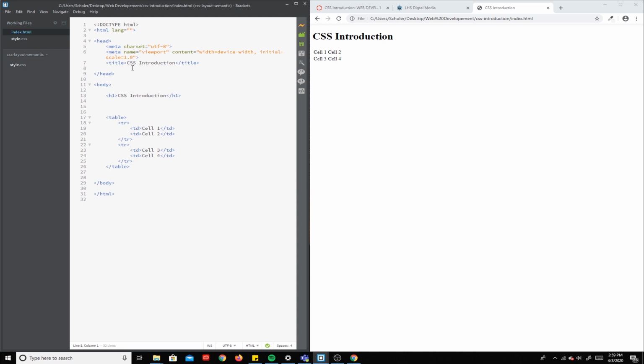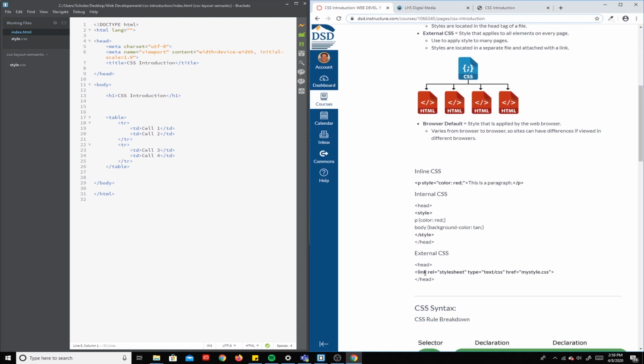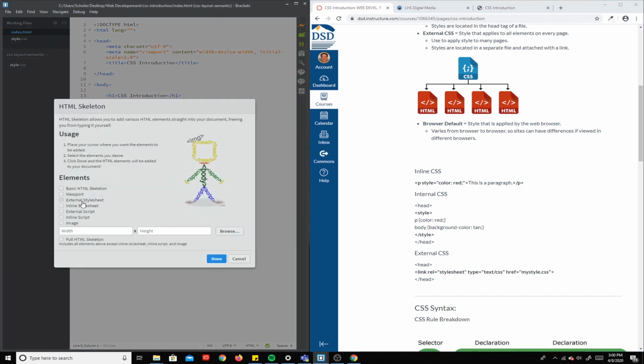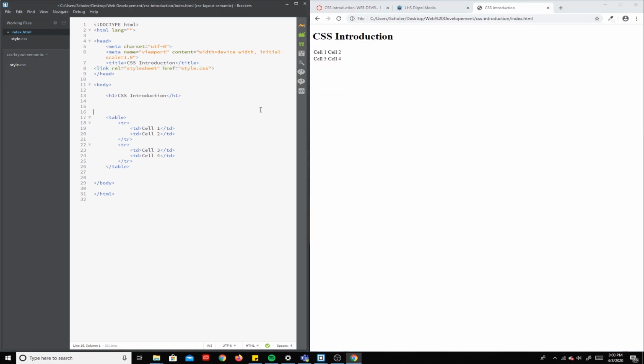So all I need to do is put a line of code here in the head. You can always Google it if you forget. You can also look on this page. Here's the link. Another way that you can add it is by going to the brackets skeleton extension here and putting in an external style sheet link. There it is. So it's just a link. It's a style sheet. That's the relationship. And then you put in whatever you named it. And in this case, it's in the same folder. So that's all we have to do is just put the name of it, style.css. And as soon as I save this page,